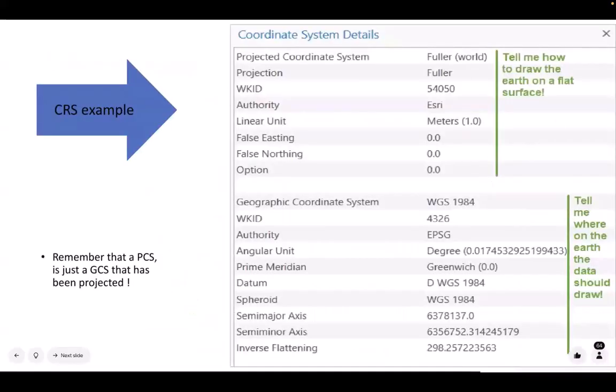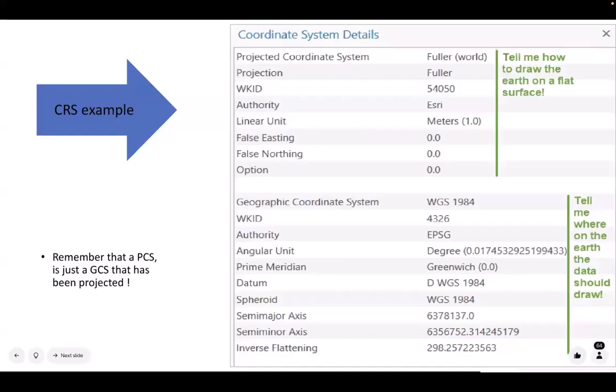This slide just brings together everything we've just covered. This details the differences between the PCS and the GCS. And remember that a PCS, which is the projected coordinate system, is just the coordinate system that has been projected already. So in this top example, we see the projected system, and this tells me how to draw the Earth on the flat surface. And in this bottom system, which is the geographic, this tells me where on Earth the